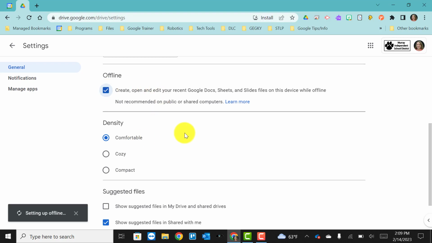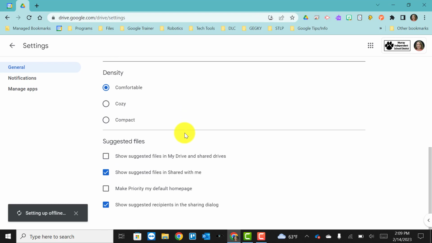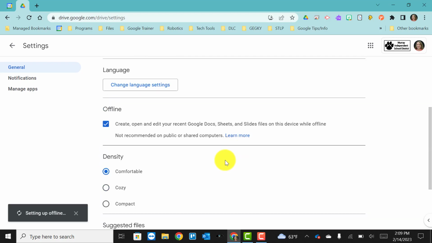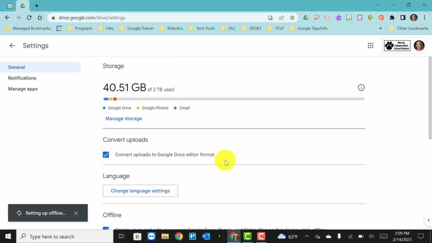There are some other settings that you can take a look at. You can have it show suggested files in your drive and in your shared drive. You can have it show suggested files in your shared with me and things like that. So if I click this, then now it's going to show me some suggestions when I look at my files at the top. So there's my settings. I'm going to go back out now